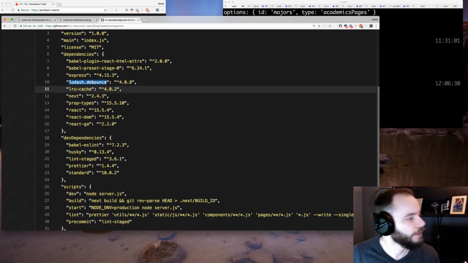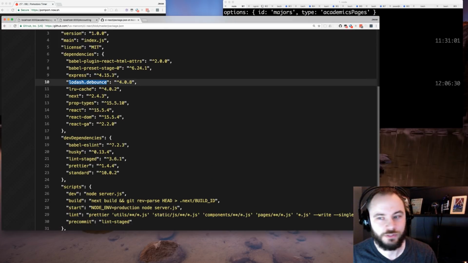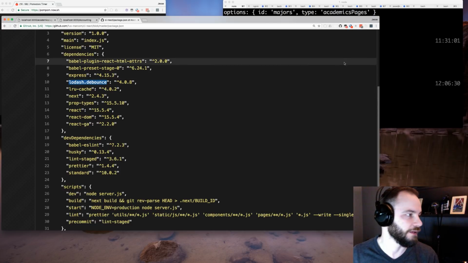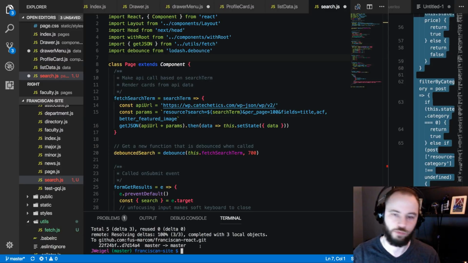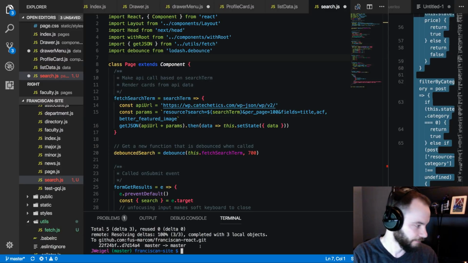So Lodash has a lot of helpers and things you can use, but a cool thing is that you don't need to bring in all of Lodash. So in this case, we just want debounce. So we're just going to bring in debounce. I think that's really awesome that we don't have to pull in everything if we're only going to use one thing. So we're going to do yarn add, and